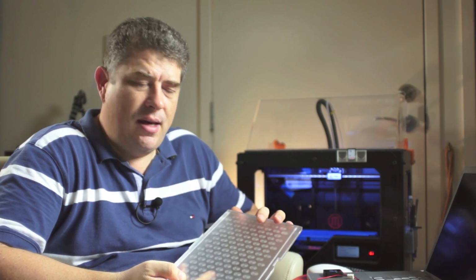Well, the next thing I'm going to talk about is preparing the build plate for printing. Now, this was the original build plate that came with my printer, and I received a replacement from MakerBot. This one sadly was slightly warped on this corner. Actually, it was bowed up slightly, and they were good enough to provide me with a new one, which so far has actually managed to